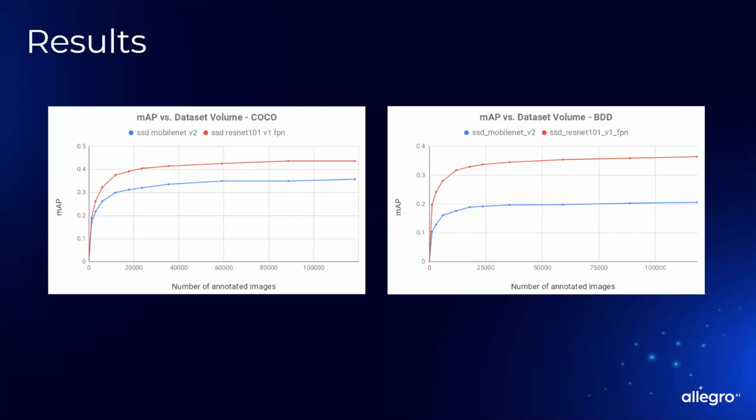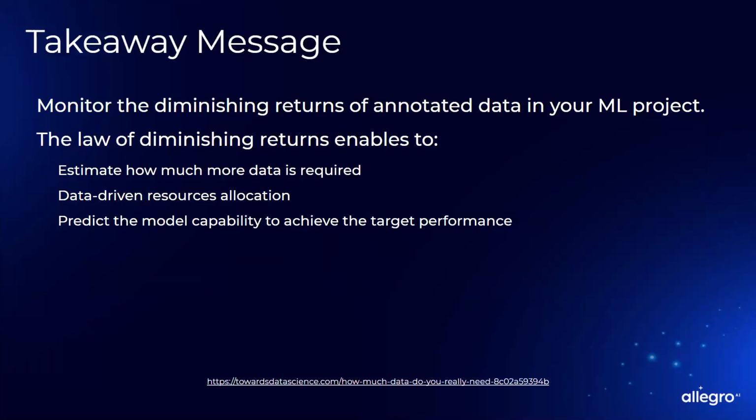The consequences of this graph are the following. You will try to monitor this effect, and you will probably not succeed at the beginning because it's logarithmic. But it's very important to do so, because when you feel like you're reaching this plateau, you can finally start to estimate how much more data is required to gain your metric of choice. You're supposed to reach some kind of accuracy before you deliver. Also, it lets you decide how much more resource to allocate to the data and labeling.